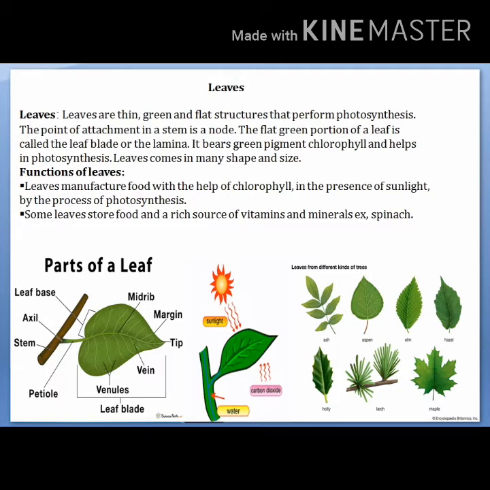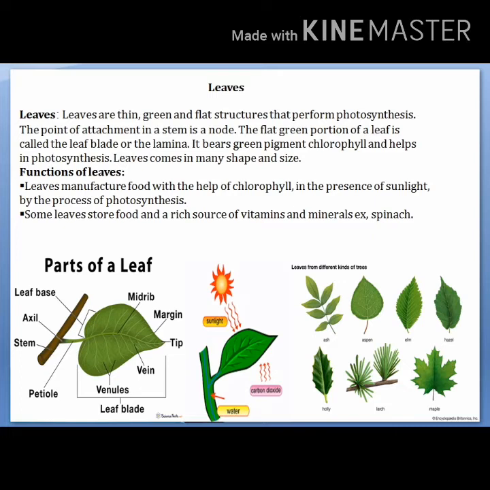Leaves come in many shapes and sizes, as we have examples of neem, mango and maple leaf. The arrangement or pattern of veins in the leaf blade or lamina is called venation. Either they are parallel or reticulate. Parallel is where veins run parallel to each other, like in banana and grass leaves. Reticulate means a net-like arrangement of veins on both sides, like in peepal, neem and mango leaves. Basically it provides strength to the leaf.